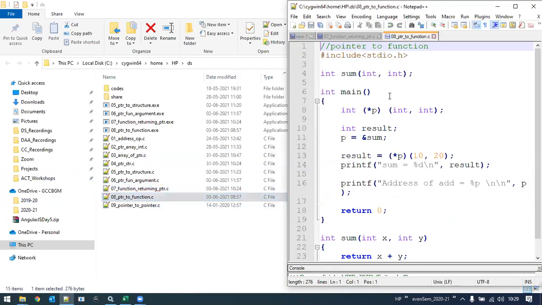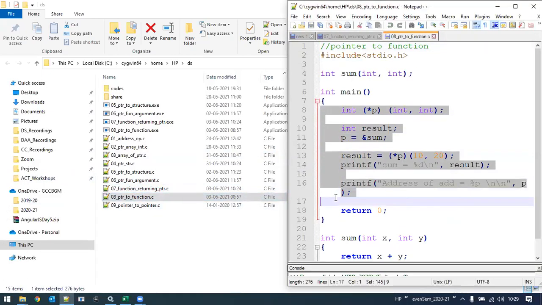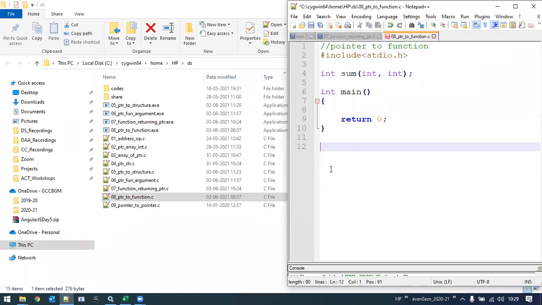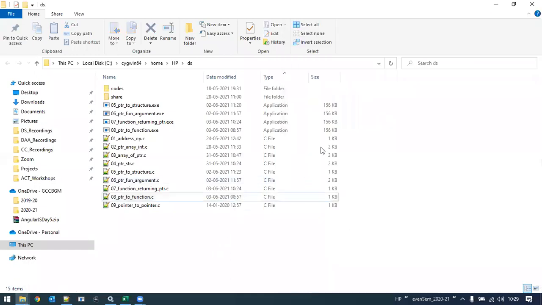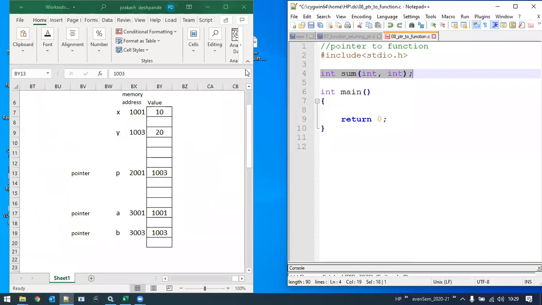Pointer to a function. Let me get rid of all the code so that I can explain it to you from the beginning. Now, can anyone tell me what this particular statement is, the line number 4, which I have highlighted here?